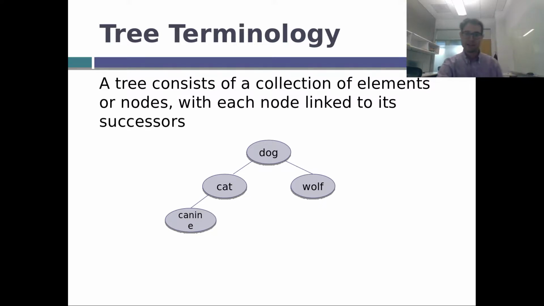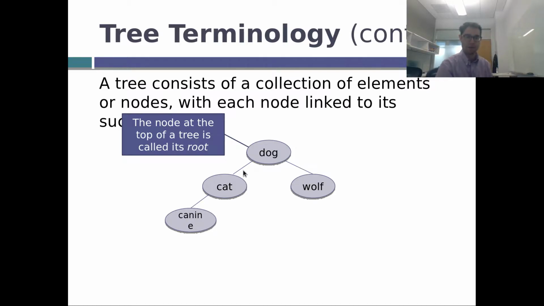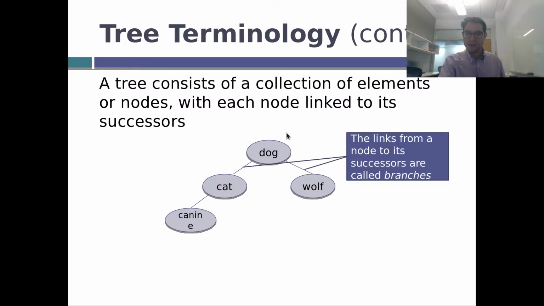So a tree is a collection of elements or nodes, and every node is linked with its successors, plural. This is a basic tree with 4 nodes in it. This node at the top, we call the root of the tree, because it is the most important guy, he's at the top. Our trees in data structures have the node at the top called the root, as you'd expect roots to be at the bottom in the ground, but the way we display these is more like family trees, with the older things at the top, and the further down a family tree you get, the more and more children. So we're going to use the gardening terminology but display it like a family tree. The node at the top of the tree is called the root,